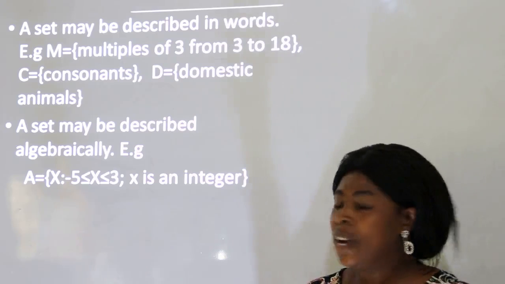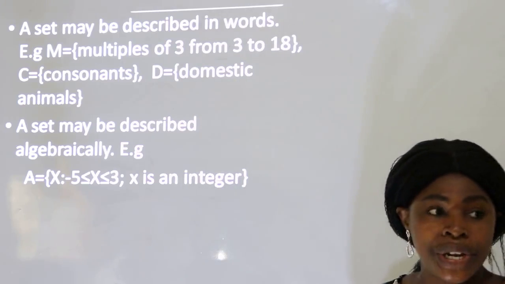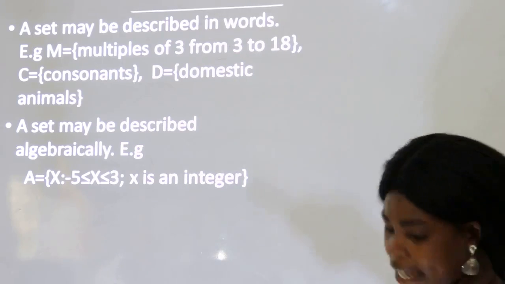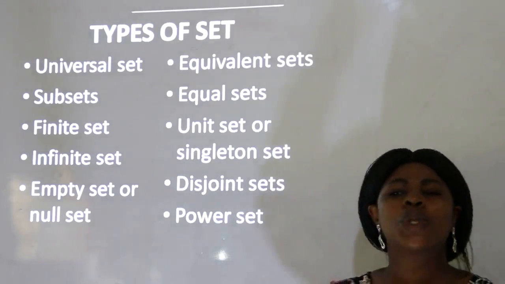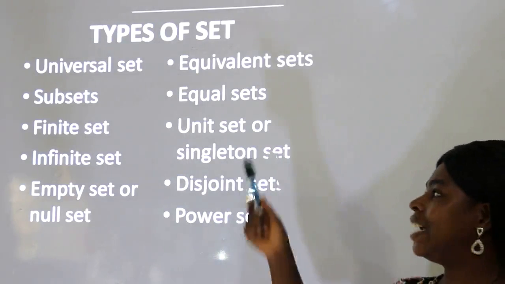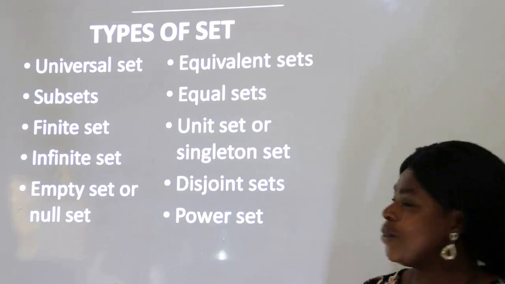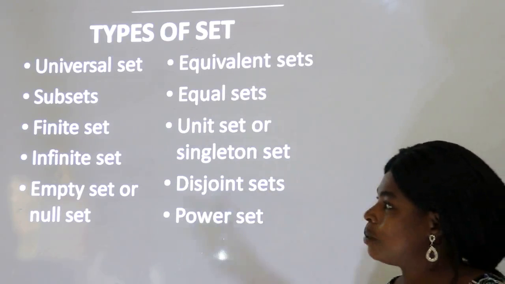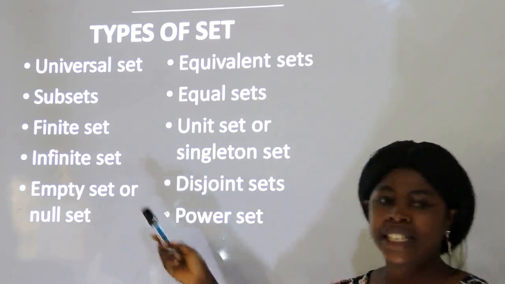Okay? So that is it about the description of a set in 3 forms. Alright, let's look at types of set. We have so many that you can even add more to what I have on the board. We have universal set, we have the subset, the finite set, the infinite set, the empty set, or we call